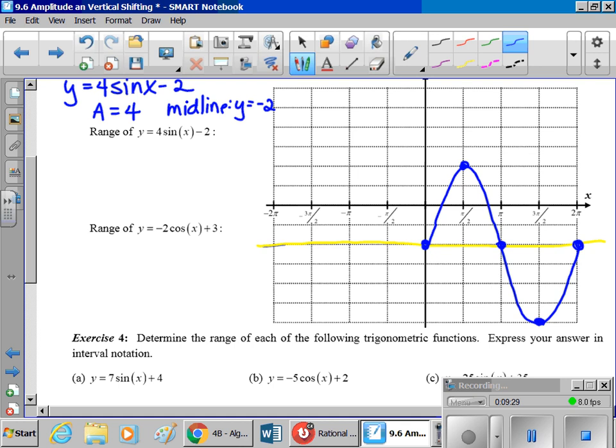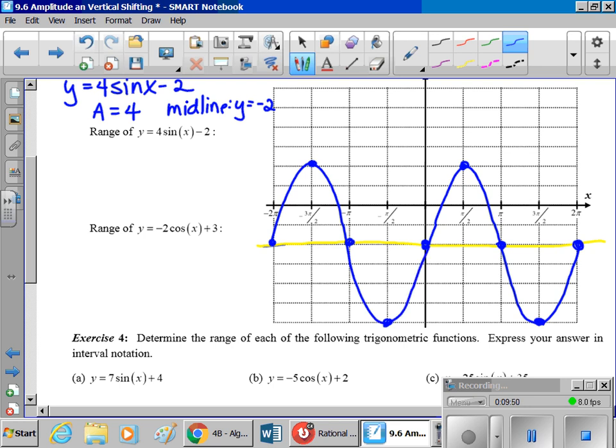So this one's not an even function. This one's an odd function when you don't have a vertical shift. So this one is going to come down to here, go back to 0. Remember, it ends at 0, and in between, it's up here again at 4 above it. So this part